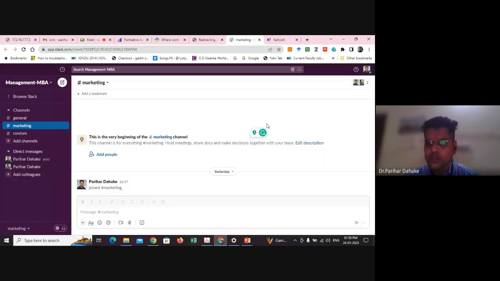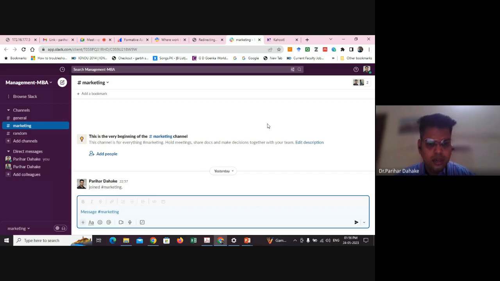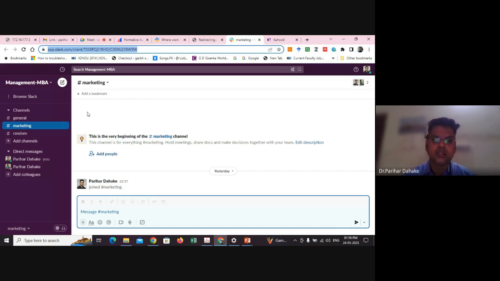Okay. Before adding your email ID, I'm just going to tell you there is an application called Slack. You can download the application from the Play Store, or you can directly go to the desktop and enter www.slack.com.